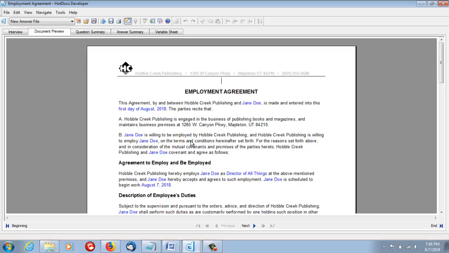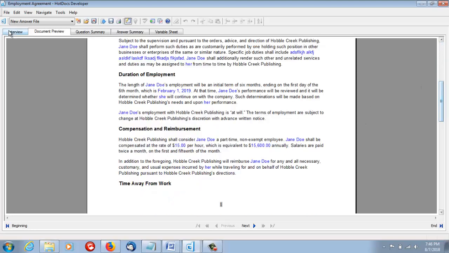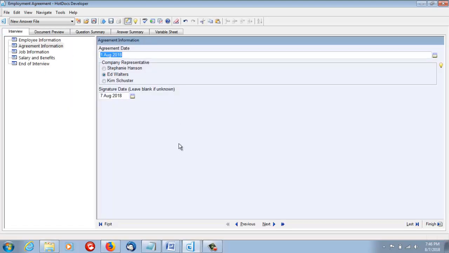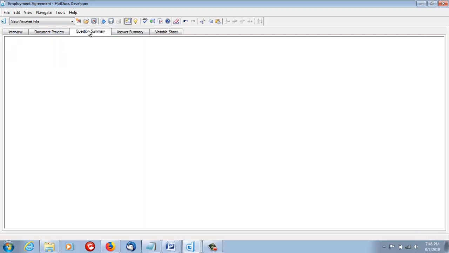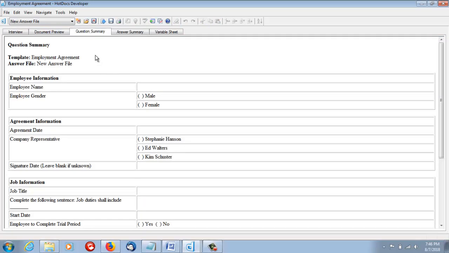It knows what words to put where, it knows how to construct the template and how to format the answers the user gives and what pieces to include or not to include. It knows how to ask the questions, what prompts to put up, how to gather the information from the user. And by default in HotDocs, you'll also see a question summary, which is a built-in summary of the questions needed